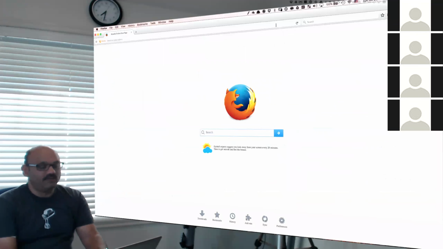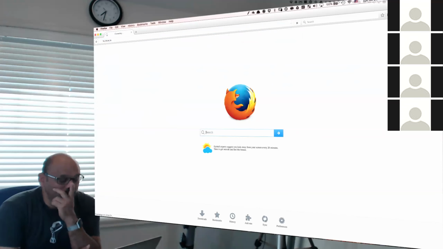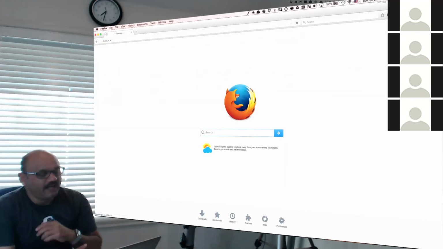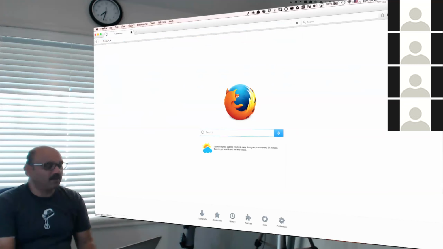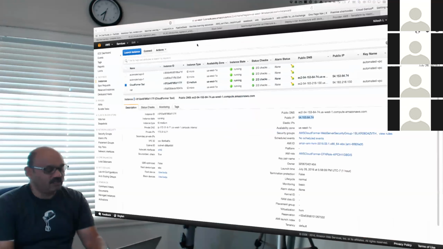So different browser, opening up the IP address. And it is still stuck. Yeah, I'm going to destroy this thing. This thing is not responding. The CloudFormation thing is not responding.